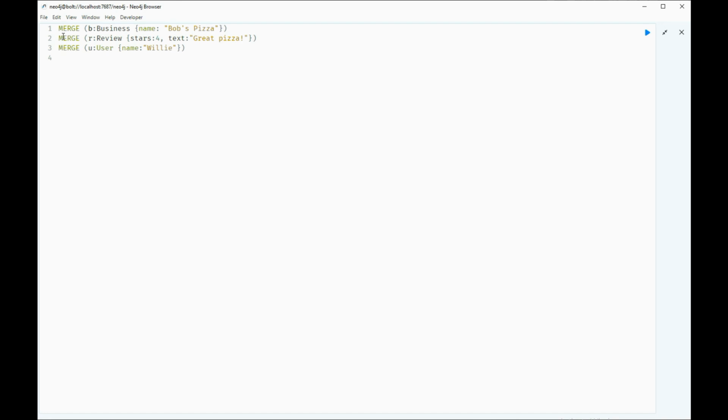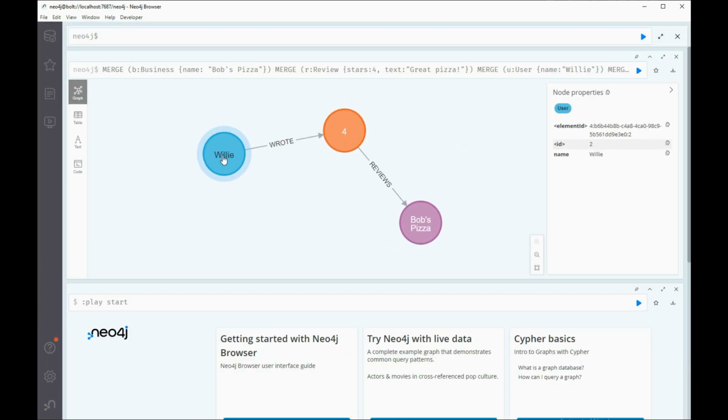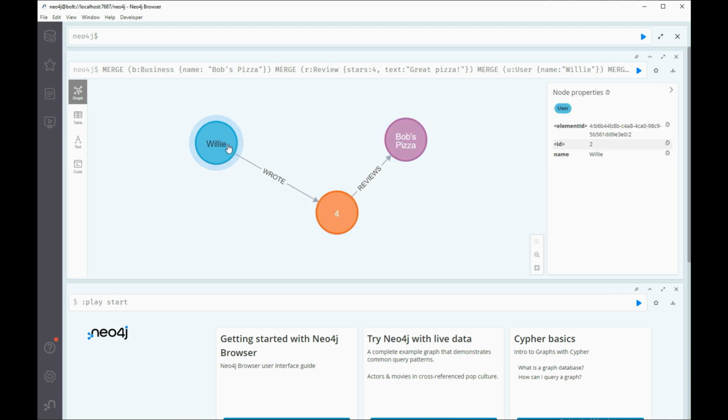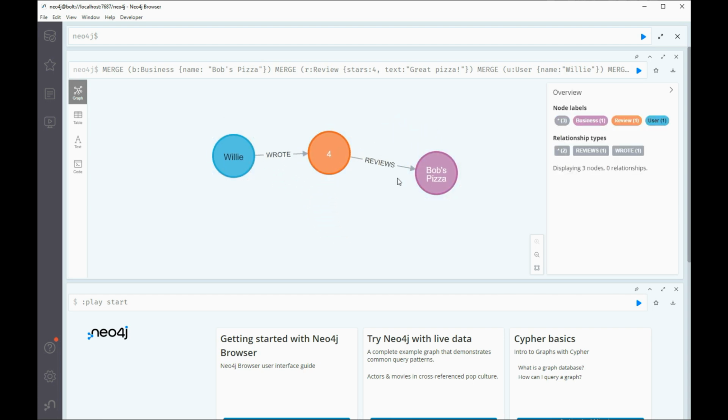Relationships are defined within square brackets. Optionally, we can specify type and direction. To visualize the data being created, we can add a return clause to the Cypher statement, which will be rendered in Neo4j Browser as a graph visualization. Fun fact, when using merge, it is best to create a uniqueness constraint on the property that identifies uniqueness, often an ID field. This creates an index in the database.